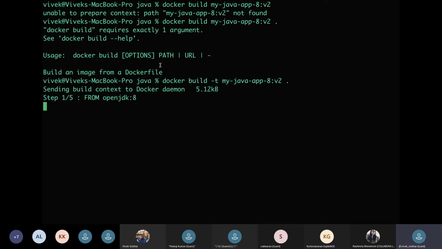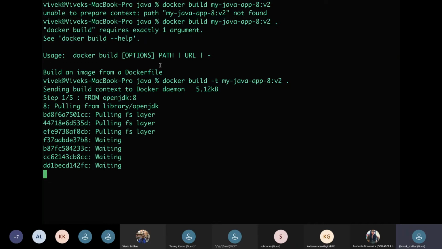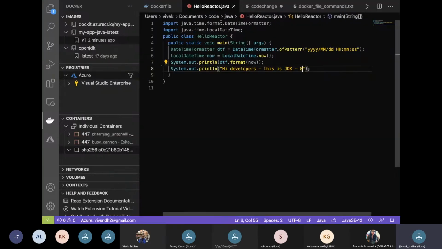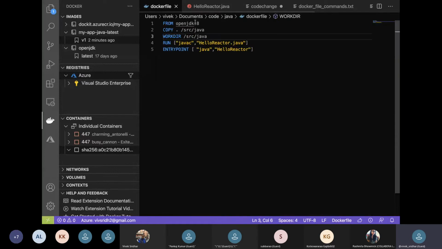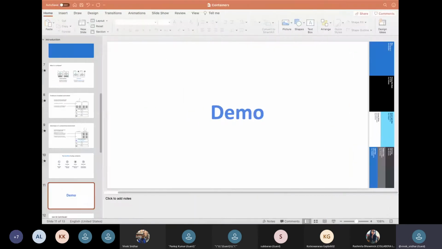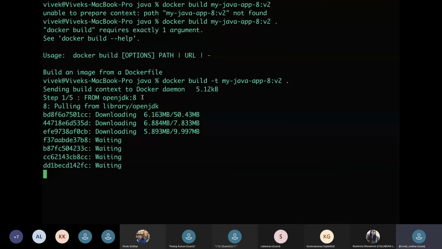Okay, so obviously, if you see that it is using OpenJDK 8. If I had set the code to latest here, it would have used the latest, but I have actually set it to 8. It is downloading the OpenJDK 8, and it will take some time. While it is taking time,